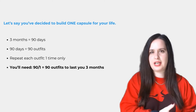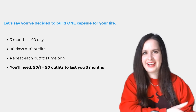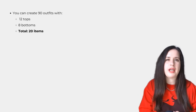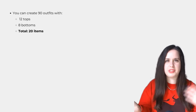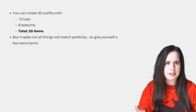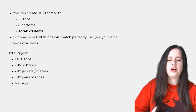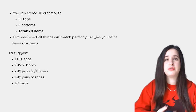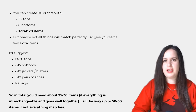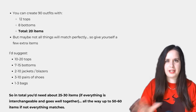And so let's say the extreme case, 90 days, we need 90 different outfits. You don't want to repeat an outfit. And so again, we can create that theoretically with 12 tops and 8 bottoms. But because not everything's gonna work together, let's up it a little bit. So we're going to pick between 10 and 20 tops, 7 to 15 bottoms, 2 to 10 jackets, and 3 to 10 pairs of shoes. And you're pretty much guaranteeing that you're going to have a pair of shoes and a jacket for each outfit